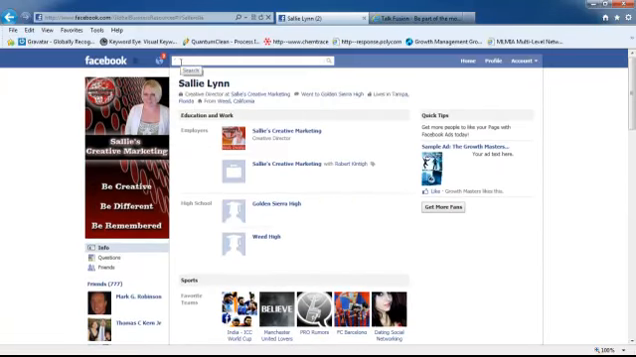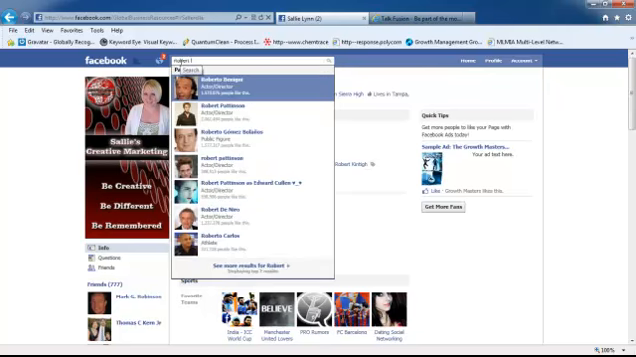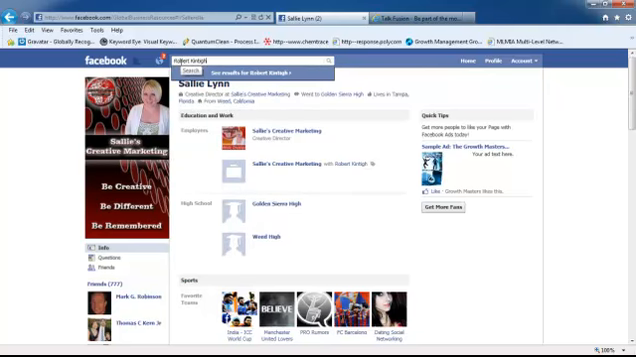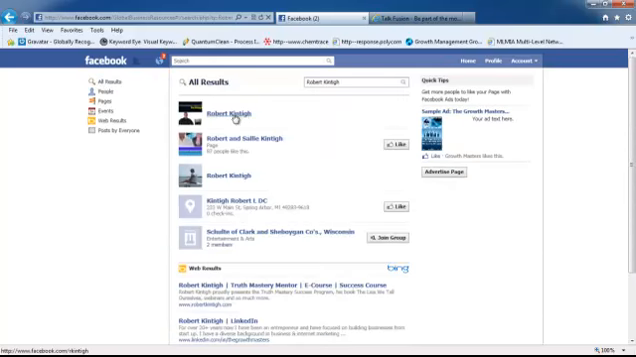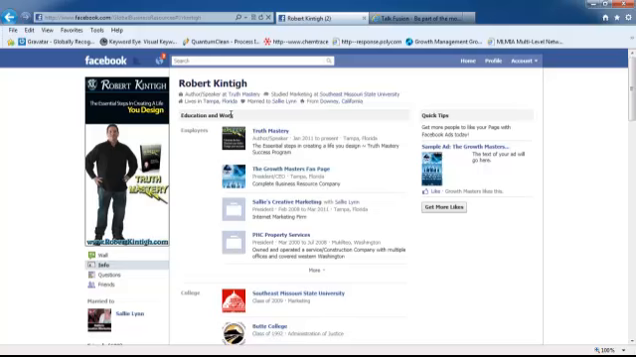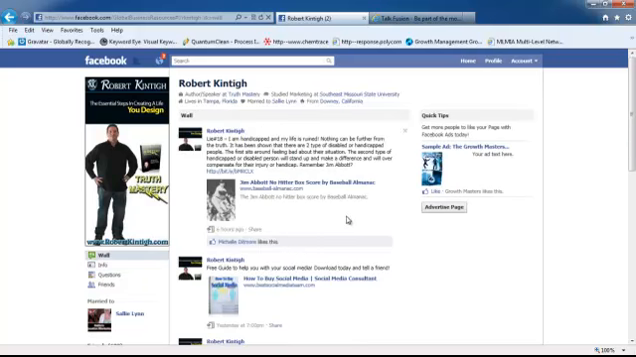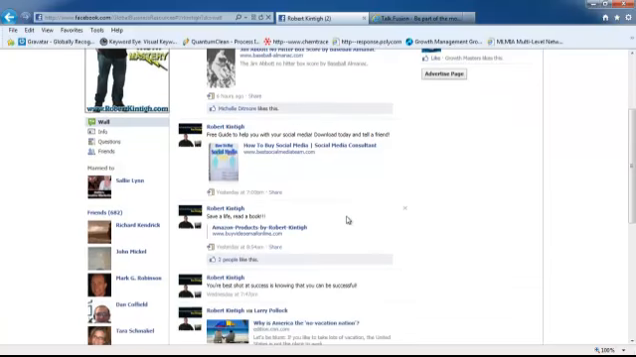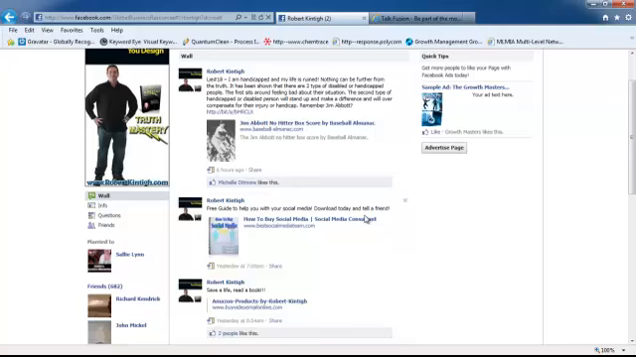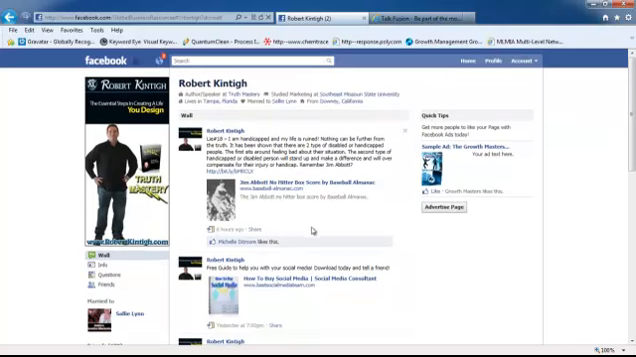On here. Let's just go on. Okay, we're going to go to Robert Kintai here. The wall. And here's the wall now. I'm visiting his page as, which is actually mine, keep that in mind, but as the Growth Masters. So now if I want to leave comments or post anything or do anything, it's going to leave it as